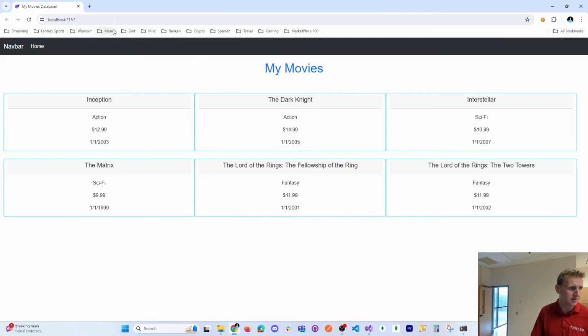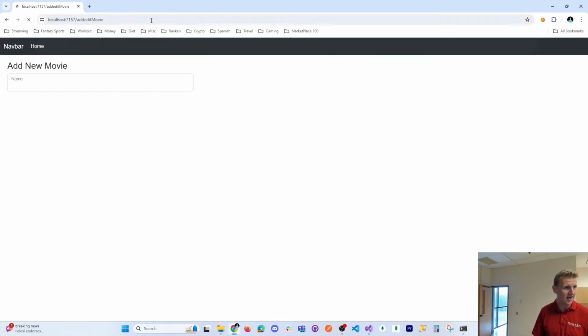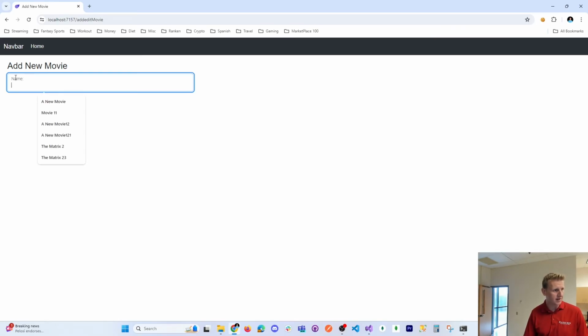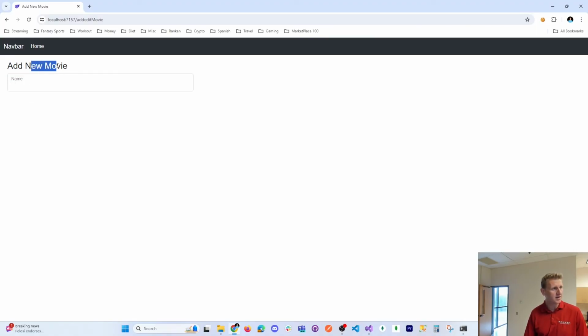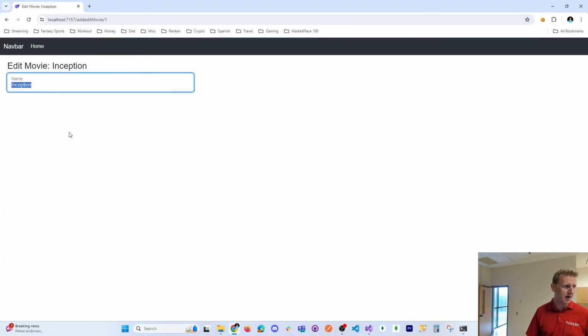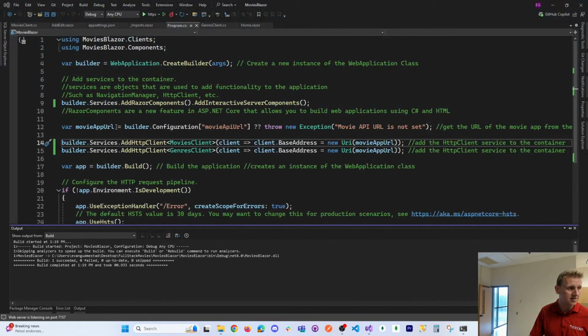So now we're up. /add edit movie, and our one control is showing up, and there's our floating label. At least it's inside of the text box. Add new movie is our title, because we don't have part of the route, we don't have the /1. Getting a movie by the ID is in fact working, and it is populating the movie title. So our first control is good, and let's continue